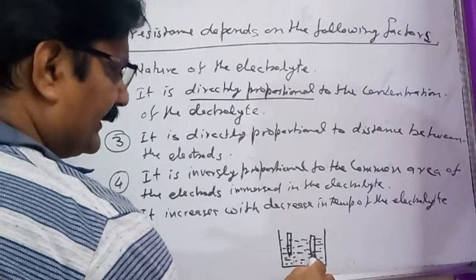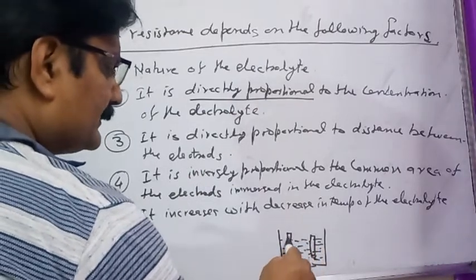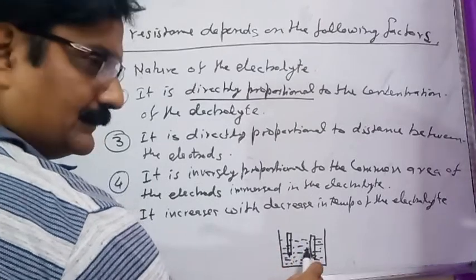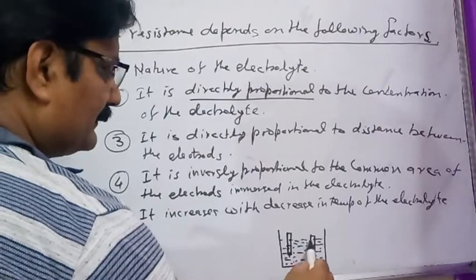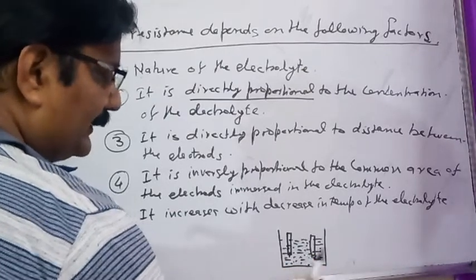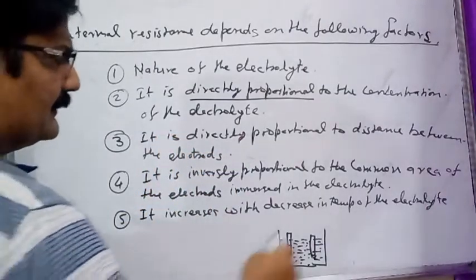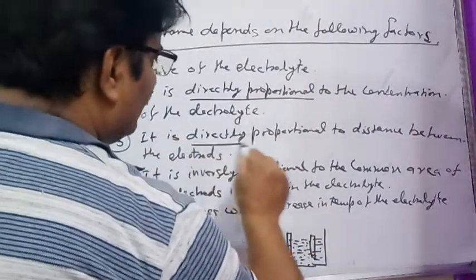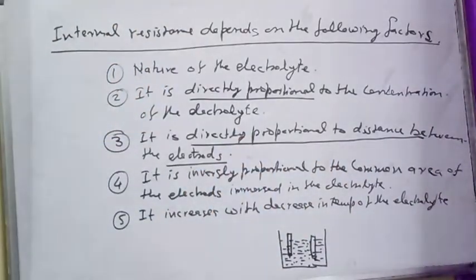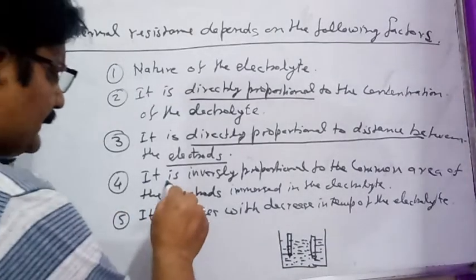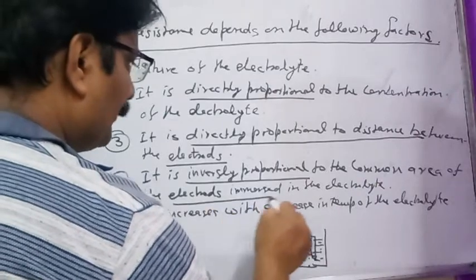If distance between the electrodes of the cell is more, in that condition distance to be covered by the ions to reach to the other electrode increases. Chances of collision by covering larger distance increases, so that internal resistance of the cell increases. So internal resistance of the cell is directly proportional to distance between the electrodes. This is third factor. Fourth factor is it is inversely proportional to the common area of electrodes immersed in the